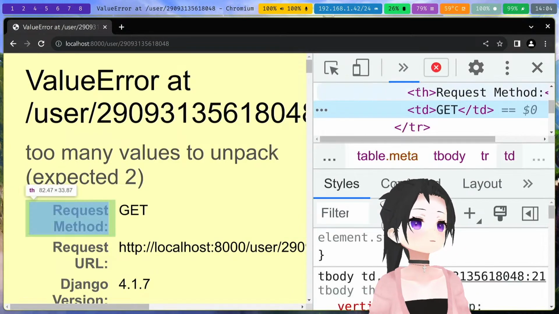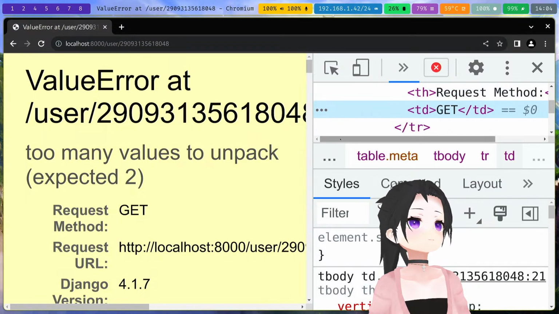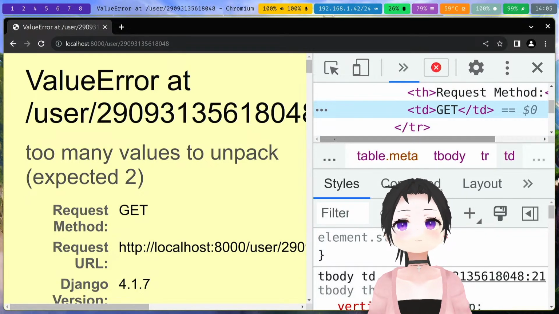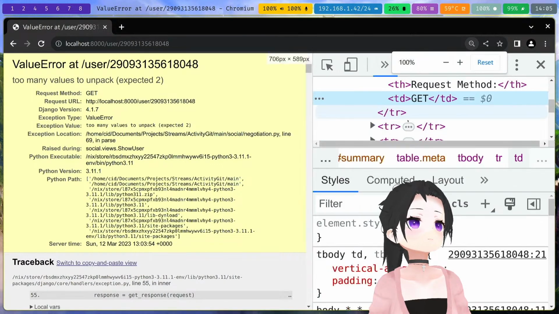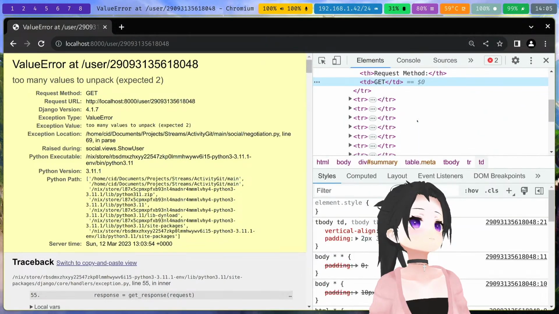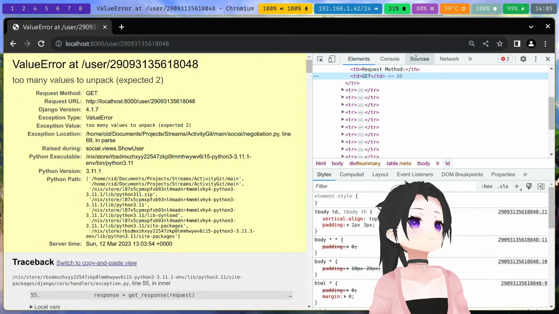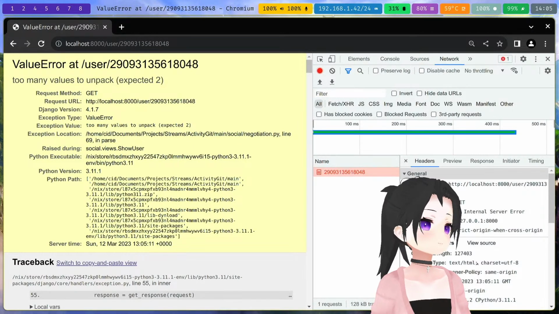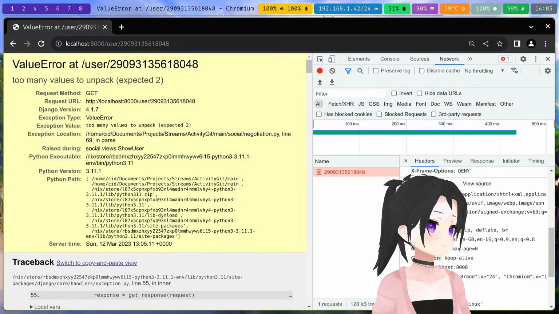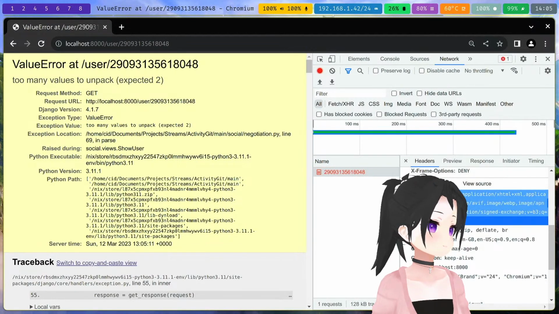So MIME negotiate. Yeah, and you can make this smaller too. Thank you. So I want to know what it is sending me. It is sending this wonderful accept thing,